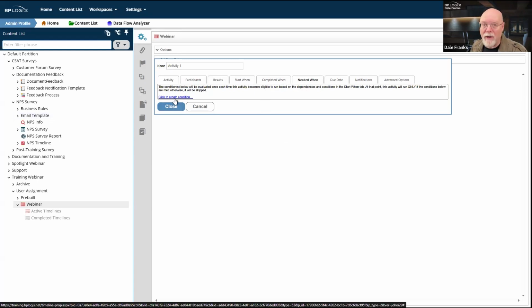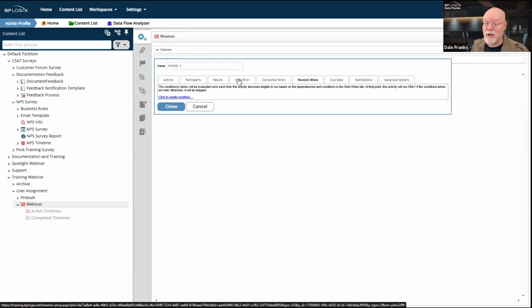That's already been evaluated. We're past that. When we started the activity, that needed when condition was valid, and because it was valid, we kicked off the activity. We're not going to magically skip the activity if, 3 days into performing it, that needed when condition is no longer valid. It's too late.